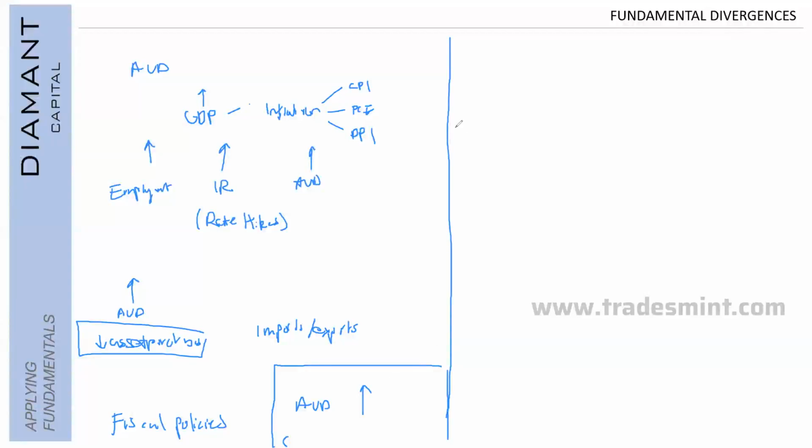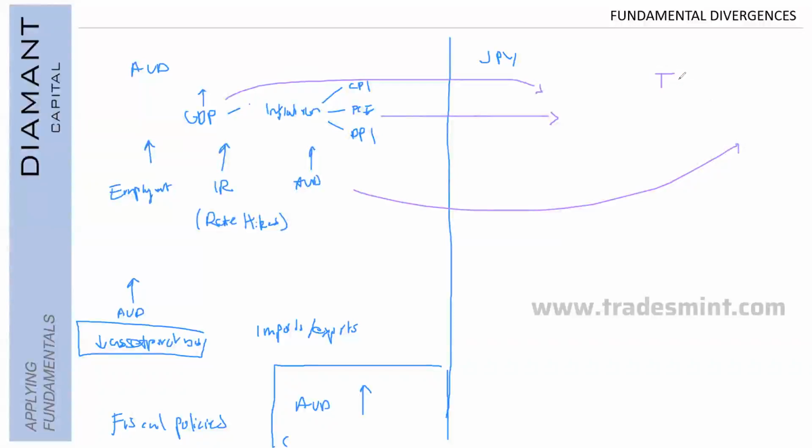Now, let's take a look at another pair. Let's just say JPY, for example. We look at every single one of these pairs, every single one of these aspects. So just continue them over, have a look at every single one. Of course, when it comes to the data as well, use Trading Economics, because if you remember, they've got that comparative table. It's got the GDP on there, it's got the CPI data, it's got inflation, it's got interest rates, everything. Actually have a look at the data, compare it side by side.